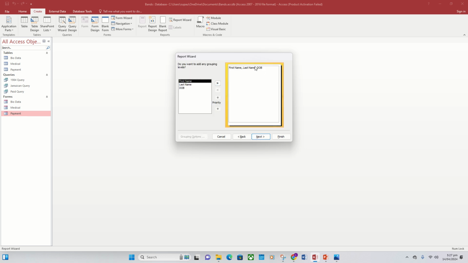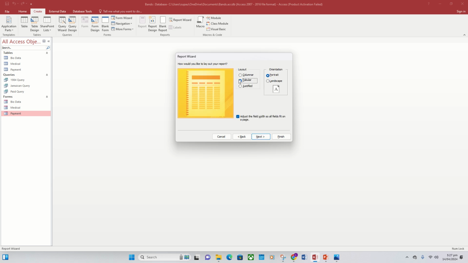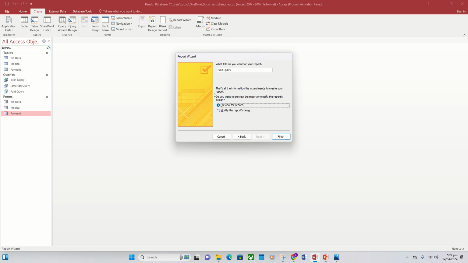We can organize how we want it to look. We can choose how we want it. We can even click to arrange all our items in alphabetical order or by payment or whatever it is. So we can choose that to either go by first name, last name. We can choose how we want to make the arrangement, and then we can choose how we want it to look, choosing the paper size, choosing all of these areas, and we would name our query, and this is a report, so we don't call it query. So it's 1984 report,